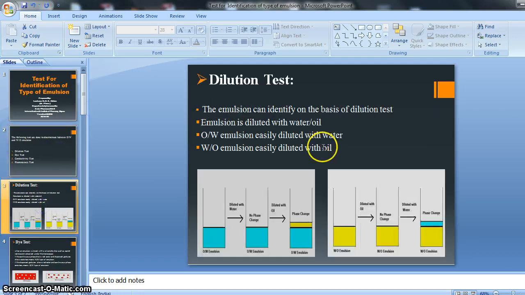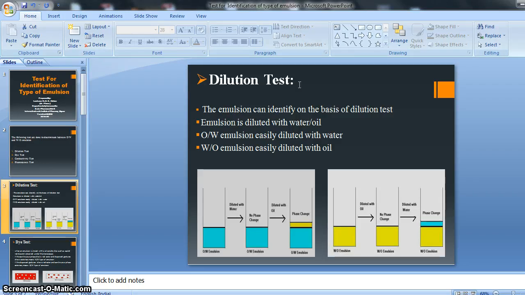So start with the dilution test. Its name itself suggests that a dilution will happen. With the help of dilution we can identify whether our emulsion is OW type or WO type, by making a dilution of our preparation.